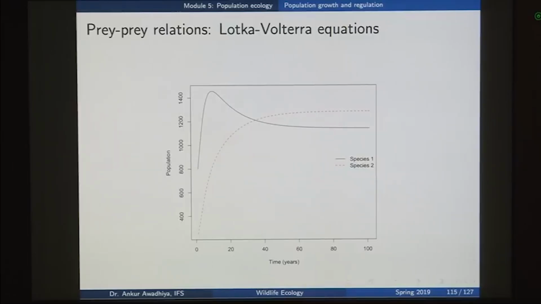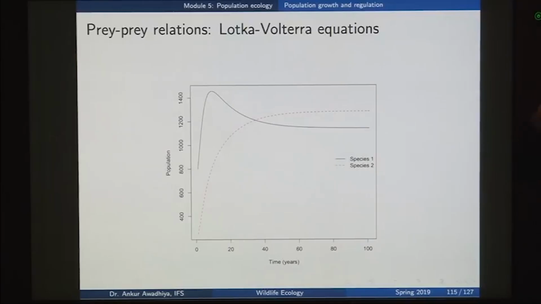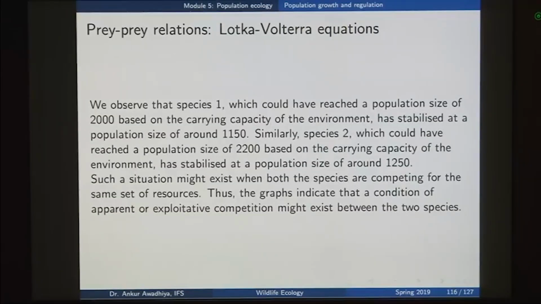But then by looking at this mathematical analysis, we can make an estimate of what is going to happen in future. So, for instance, you have these two species, you wanted to conserve this species and you said okay, this population is going to increase till 2200, but then that will never happen because of the population dynamics. So, equations such as these, the Lotka-Volterra equations, the logistic growth rate equations, help us understand the population dynamics and can help us understand the prognosis of a population, how it is going to behave in future